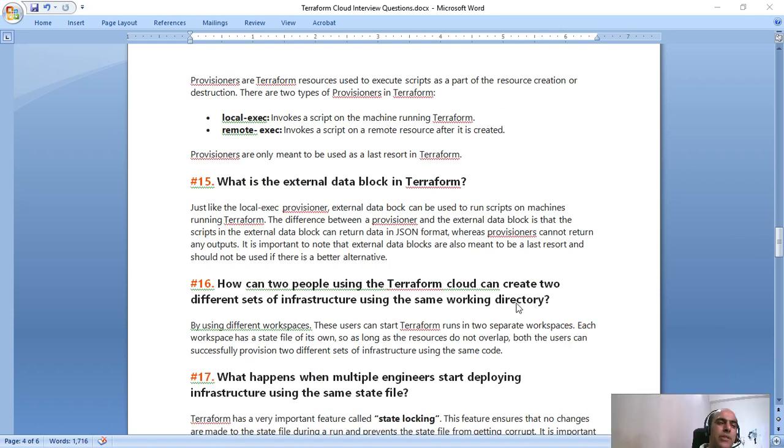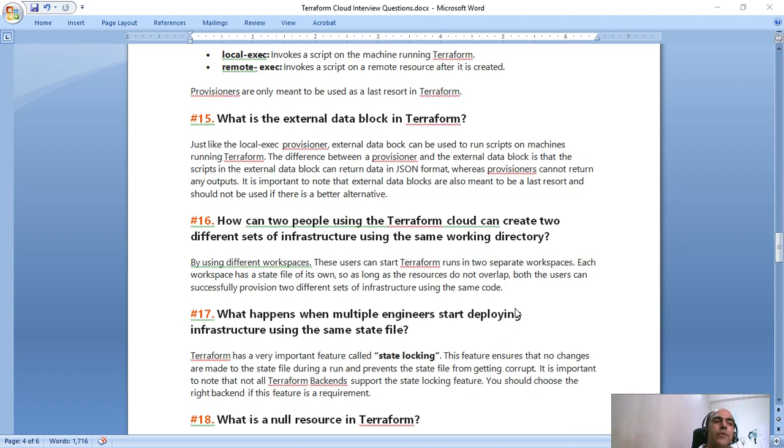What is the external data block in Terraform? Just like the local-exec provisioner, the external data block can be used to run a script on the machine running Terraform. Same work.